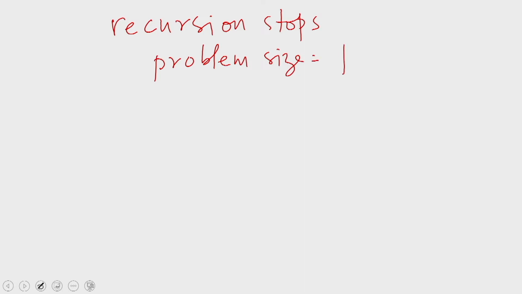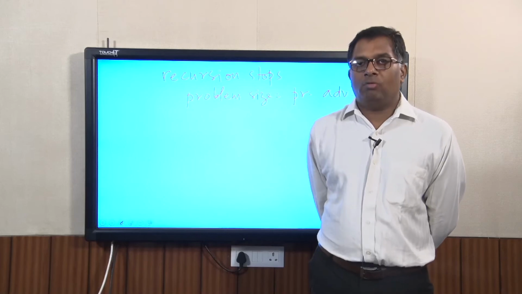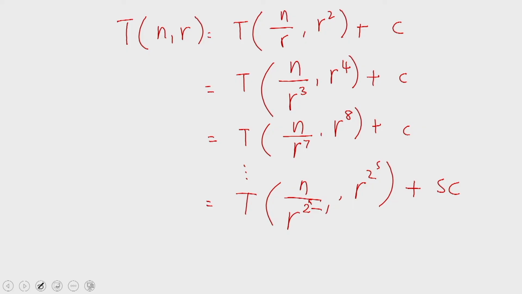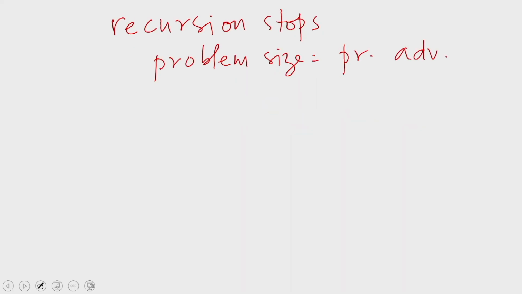The recursion stops when the problem size is equal to the processor advantage. That is because when the problem size is equal to the processor advantage, we can invoke the first minimum algorithm that we saw that runs in order of 1 time. So, after s steps, if we were to invoke that algorithm, that would mean the number of elements is equal to the processor advantage, which means